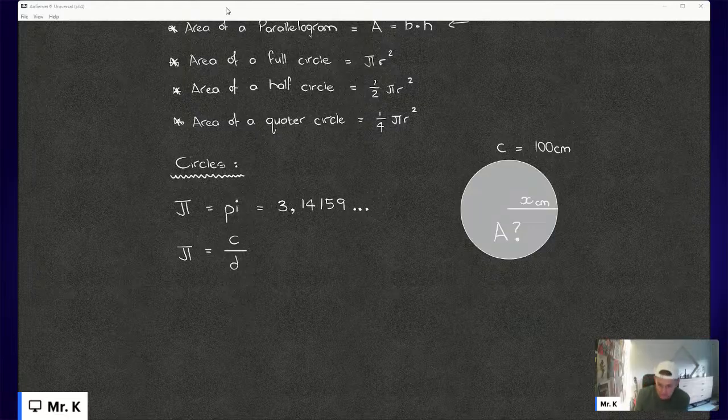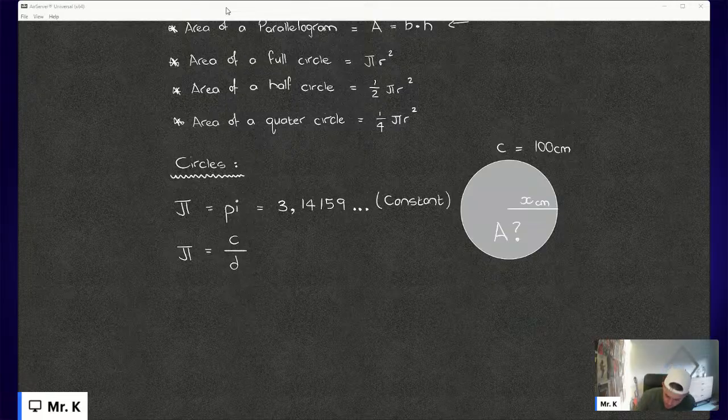Well, first things first, you need to be aware of this formula over here. Pi is a constant, grade nines, which means that it's a number that is never going to change. Pi is always going to have the same value. Where does this number, constant pi, come from? Well, if we take any circles, let's say we took 5 different circles,